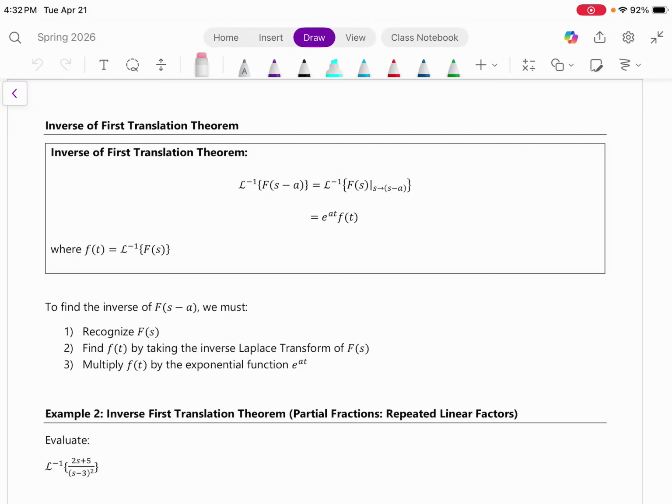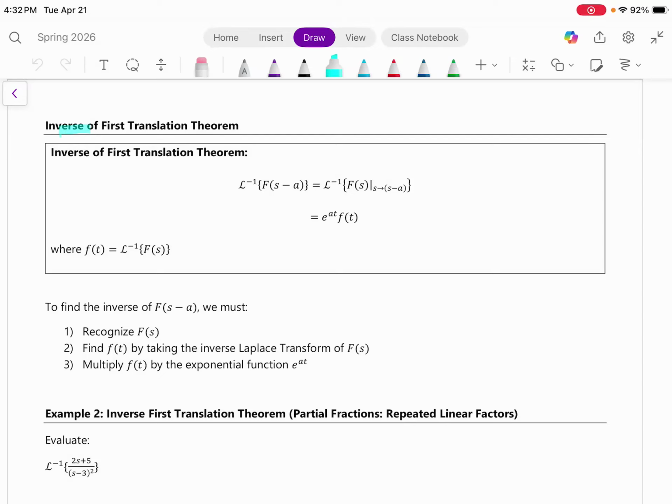All right, hi everyone. Welcome back to the section 7.3 video. In this video, continuing on the 7.3 series of videos, we are going to be discussing the inverse of